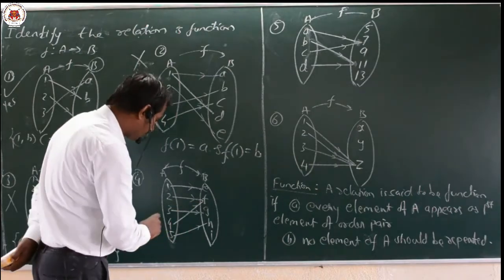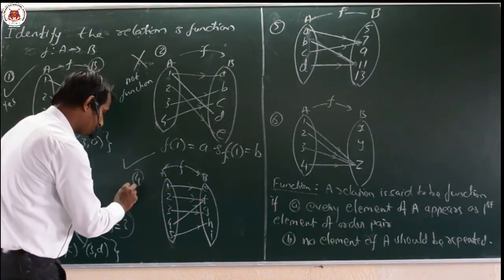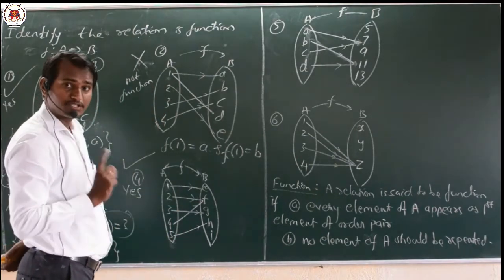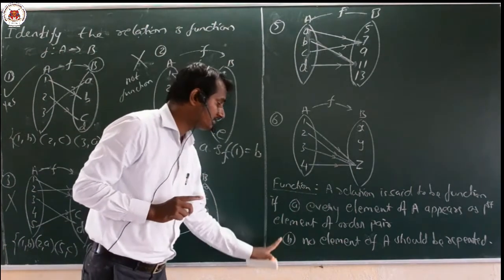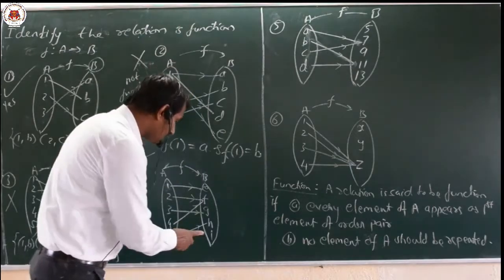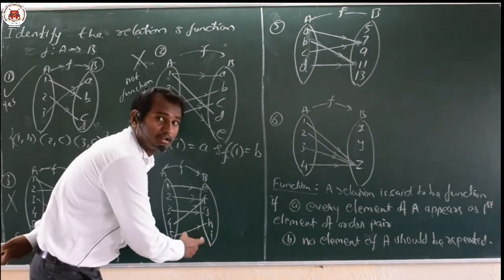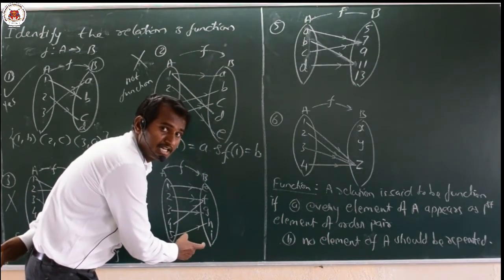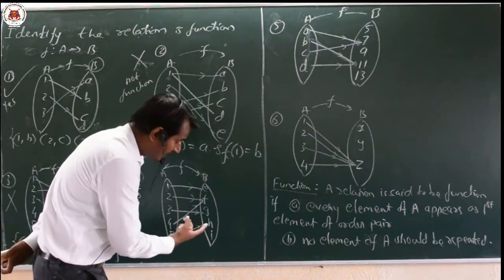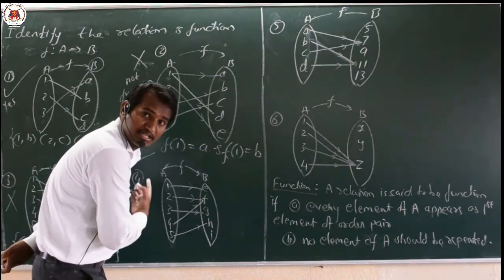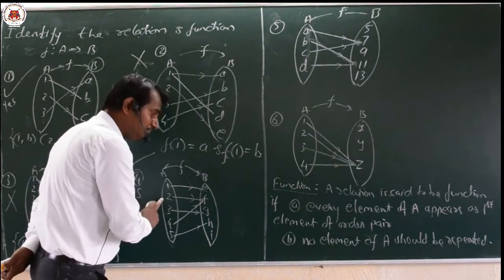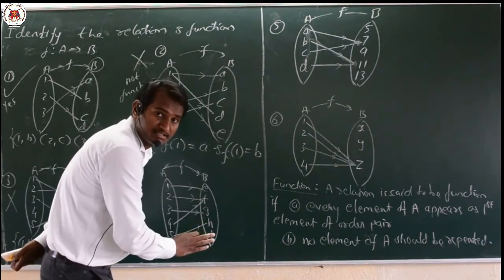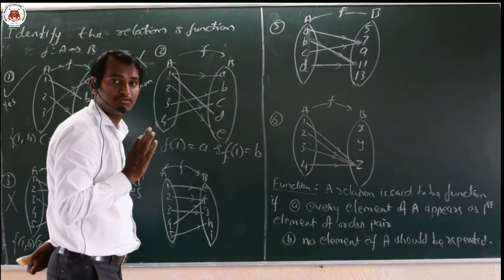Okay, therefore it is a function. Yes, it is a function. It agrees with both conditions. We just have to observe whether both conditions are satisfied or not. Here the elements may remain. Here I is not an image of any element in A. That is fine. But all the elements should be the pre-image of one or other elements. That is the compulsory thing which we have to look at here.